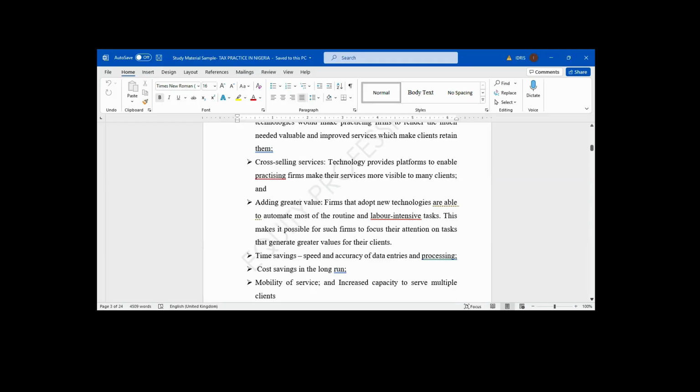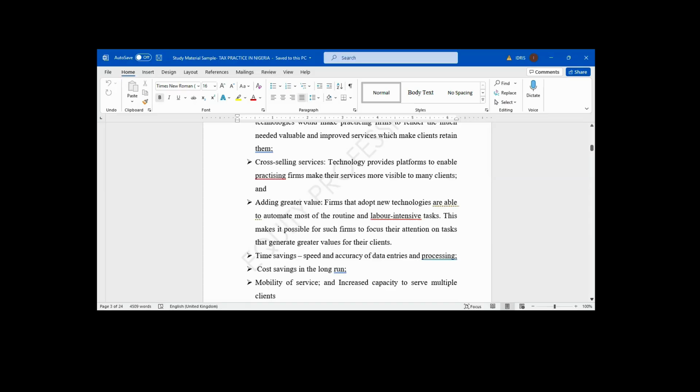Mobility of service. It helps tax practice firms to carry out mobility of service. If you're a tax practice firm, you want to help your client to file a value-added tax return. Even if you travel to Maiduguri, if you have your laptop, you can file the tax return there. Because what you need to do is to log into the tax portal of your client using the login ID. If that place has internet, you will do your job. You don't need to do your job in your office. You don't need to say, let me go to the client's office. No, you can do it at any place so far as you have your laptop with you.